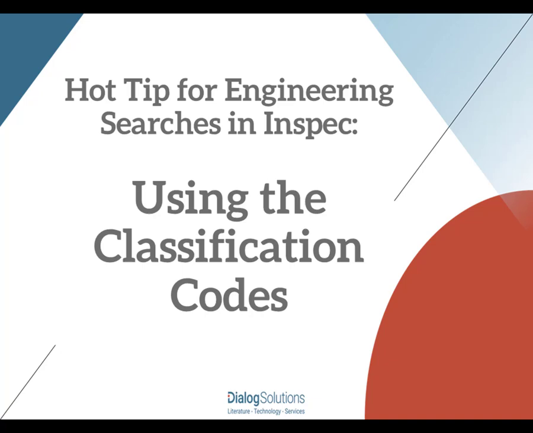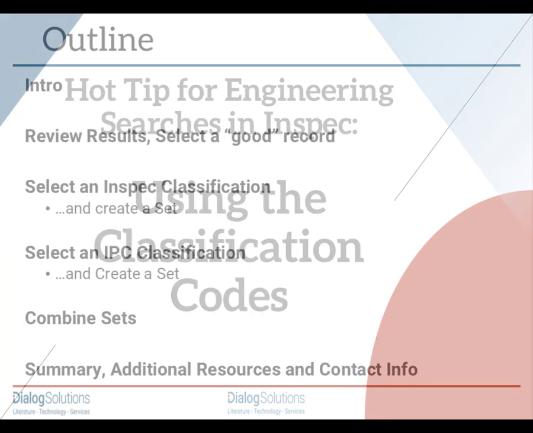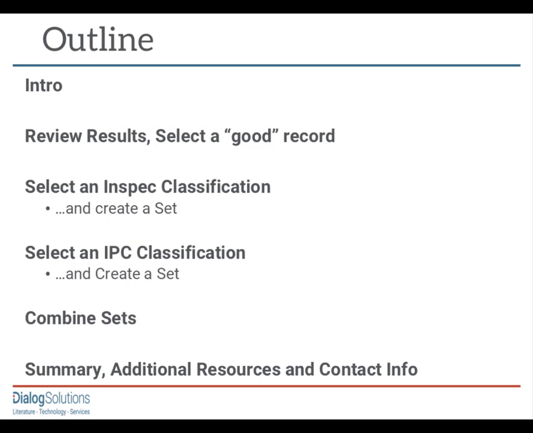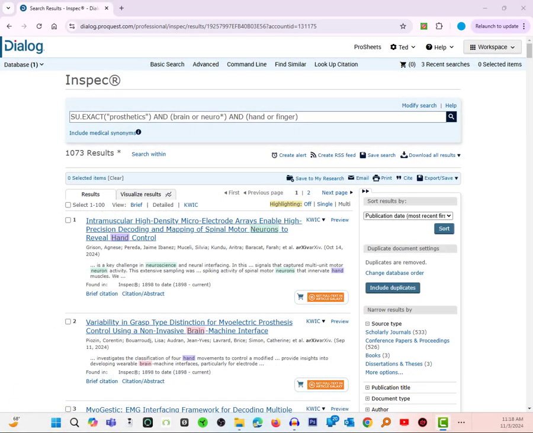Hello everyone. In this video, we'll look at how to improve Inspec searches using classification codes, including the proprietary class code system added by Inspec, as well as patent classification systems used by patent offices worldwide in order to classify patent documents, known as the International Patent Classifications and the Cooperative Patent Classifications, the IPCs and CPCs. The Inspec database is unique in allowing you to use worldwide patent codes as a way to search for non-patent